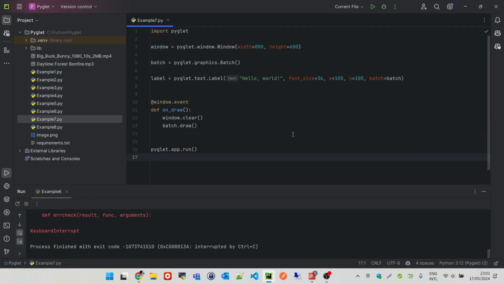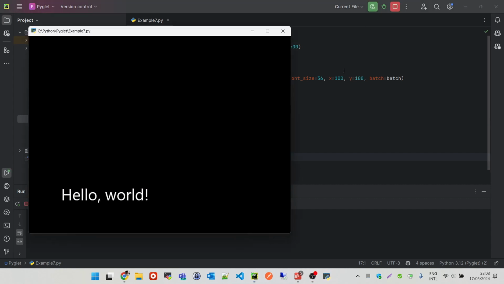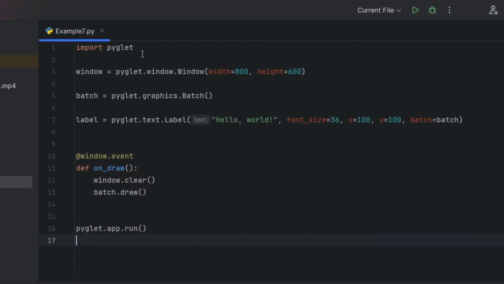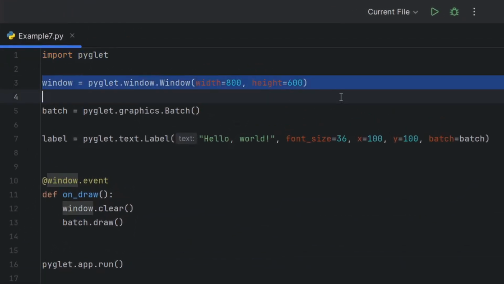For our seventh example, we're going to be drawing text on the screen. Let's take a look at that in action. And we can see we're rendering the classic hello world on the screen. Let's see the code that is necessary for that. As usual, import Pyglet, defining our window. Since we are rendering something on the screen, and rendering text is similar to rendering a shape or an image,